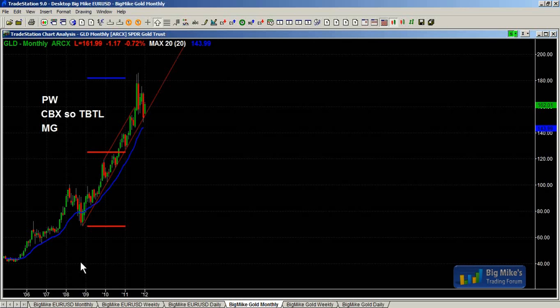So here's the GLD chart, which is the ETF for gold. And what do I see? I see a bull channel, and it broke to the upside sharply to the area of a measured move target, and then turned down sharply. Big up, big down, big confusion, trading range. So I'm not seeing this as a great buying opportunity. When I'm looking at this monthly chart of the GLD, I think we're probably in a trading range, and it probably will last several years. So buy low, sell high, scalp.